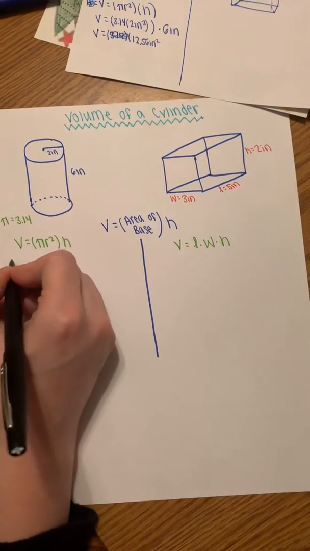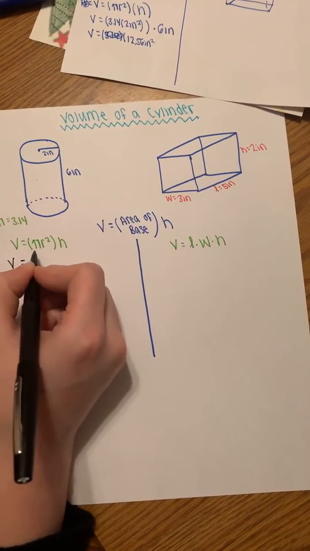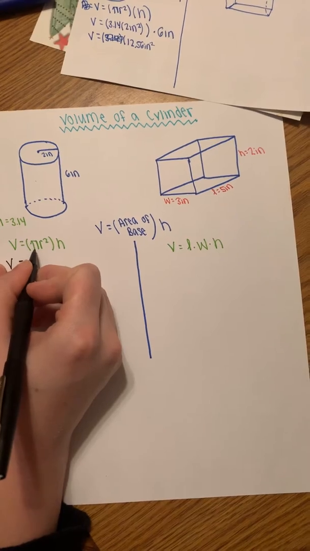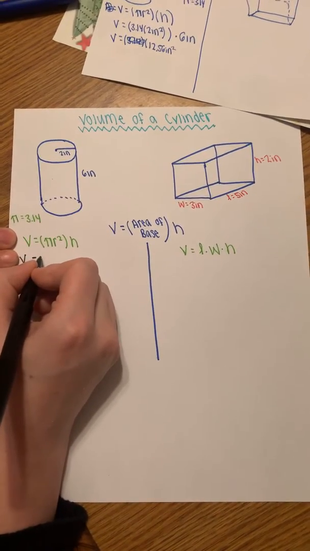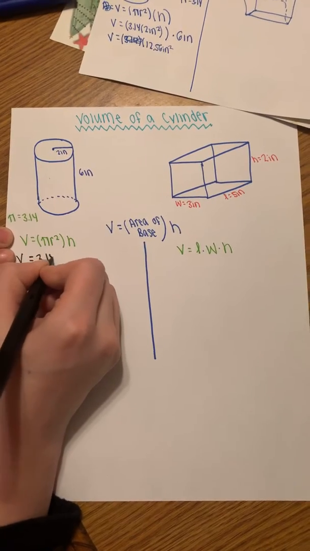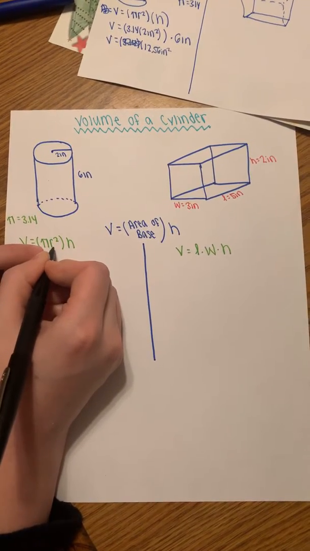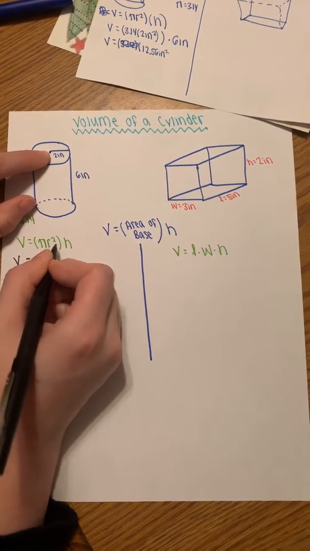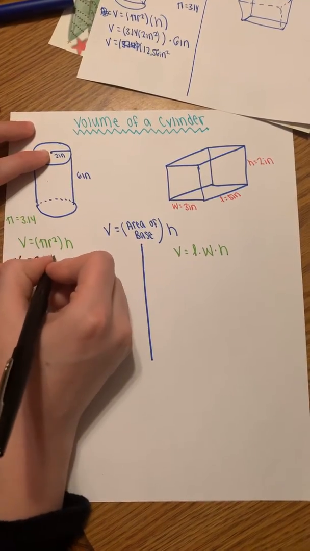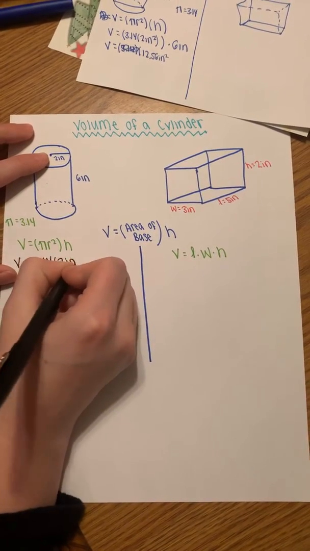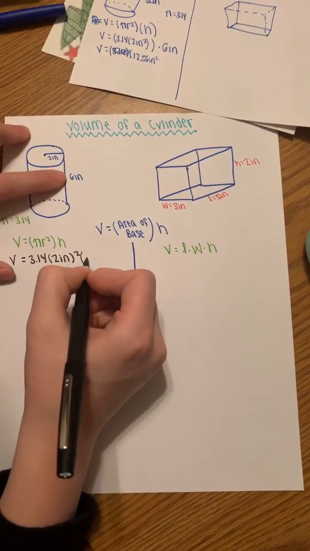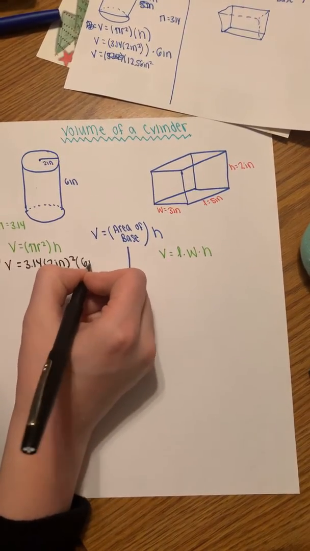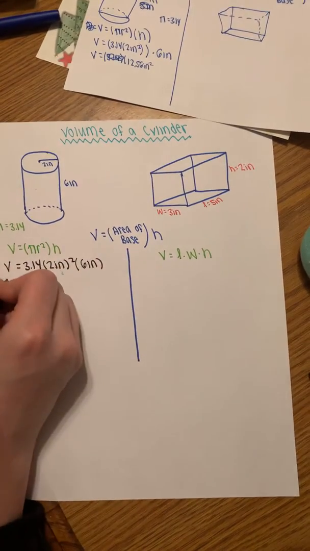So to start off, we have our volume, which is equal to pi, which is also equivalent to 3.14. So 3.14 times our radius squared, and our radius, as we can see, is 2 inches. So we have 2 inches squared multiplied by our height of 6 inches. So our volume equals,